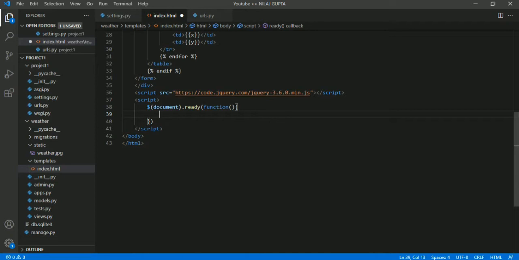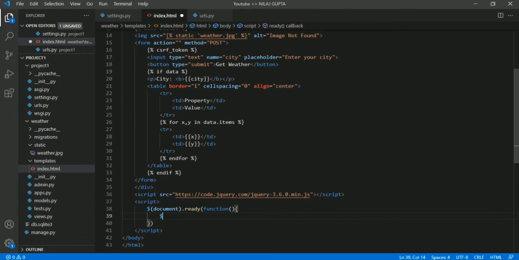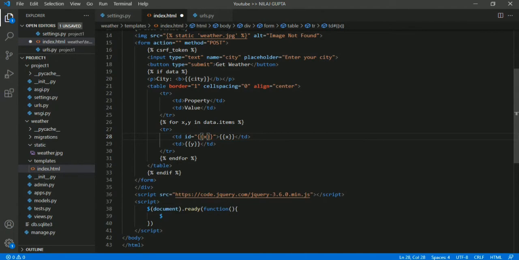Okay, so let's set an id for each property and value. Here you have to write id and plus property.